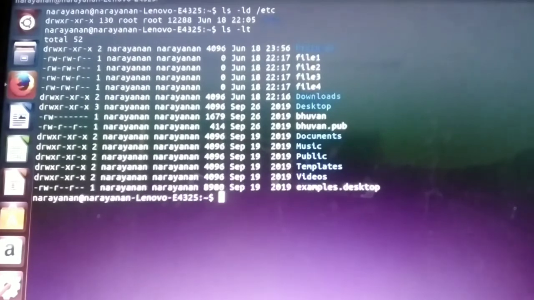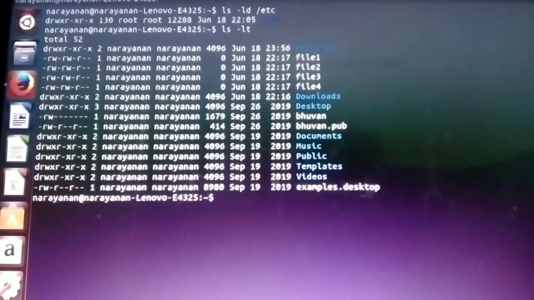And next one is how it is going to list the file based on the last modified time. For this purpose we have to type the command ls space hyphen lt, that is last modified time. So based on the last modified time, it is going to list or sort the file names.